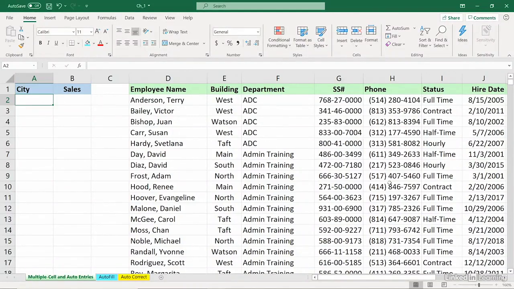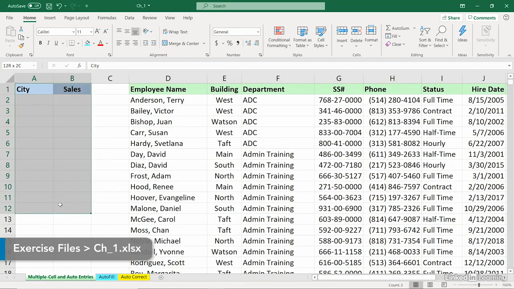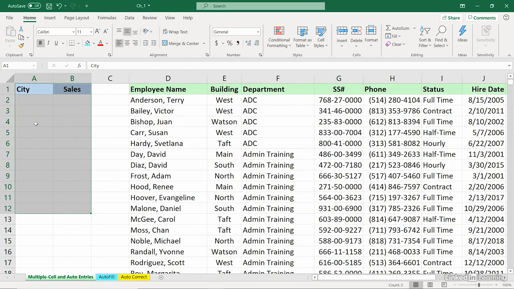Excel has any number of different techniques for reducing the amount of time required for data entry. I've got a sheet of paper in front of me with some city names here, also some sales. Eventually, we'll put this on a different worksheet. It turns out that the city names are recurring. I need to put in Boston in cells A2 and A3, also in A6, A7, A10, and we'll have other